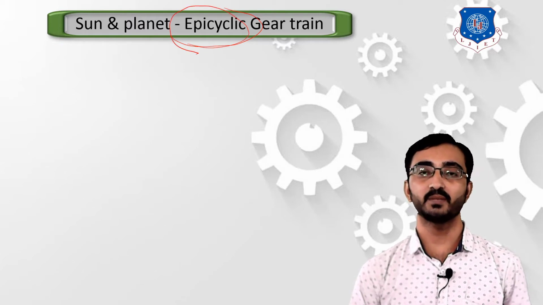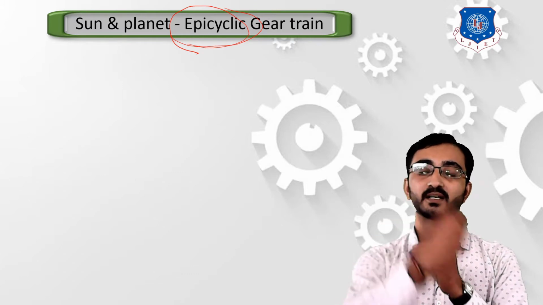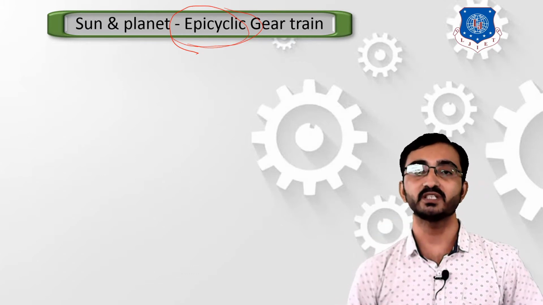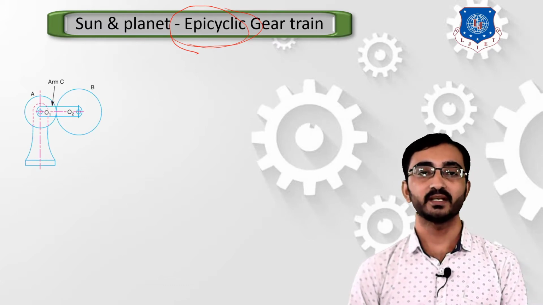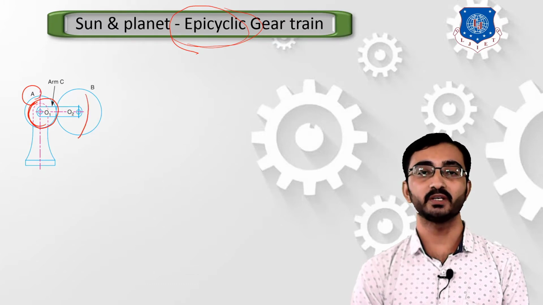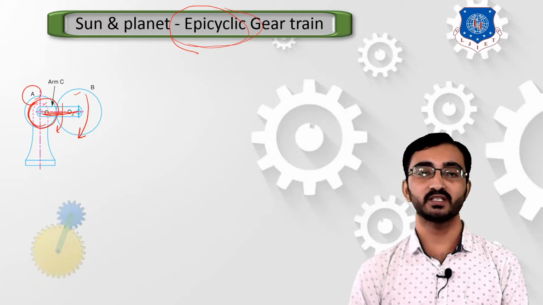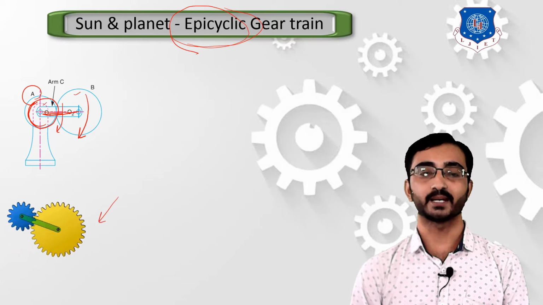We are simply able to identify that when one body moves around any other body, this type of motion is known as epicyclic motion. Okay, so now you can refer to this diagram. We can consider that if gear A is mounted in the center of this assembly, then gear B will be rotating about gear A, and similarly the arm which connects gear A and gear B will also be moving around this body. This type of assembly works in such a manner, as you can see in this diagram.